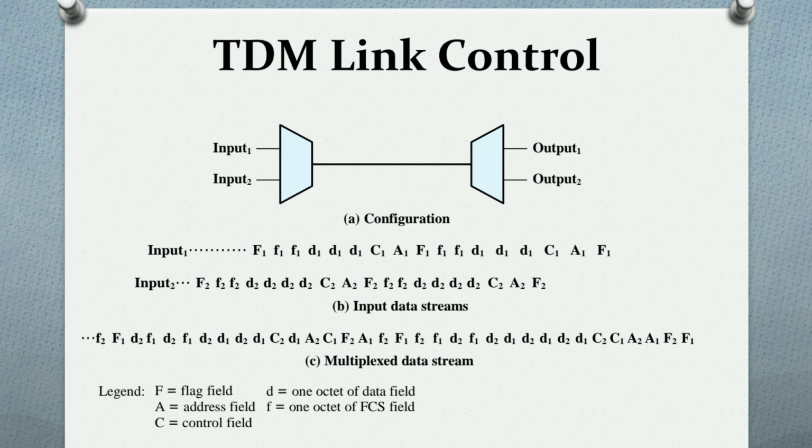Each input and output line has a buffer associated with it. In the case of a statistical multiplexer, there are n input and output lines for the input and output function. On output, the multiplexer receives the frames and distributes the slots to the appropriate output buffers, with a packet switching effect. And this we can call data link control.